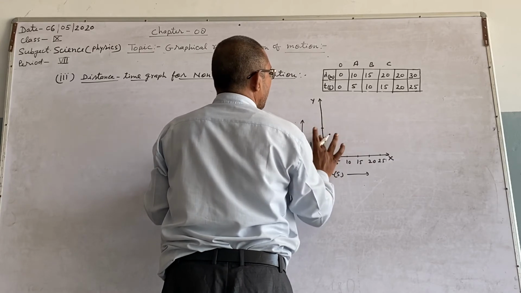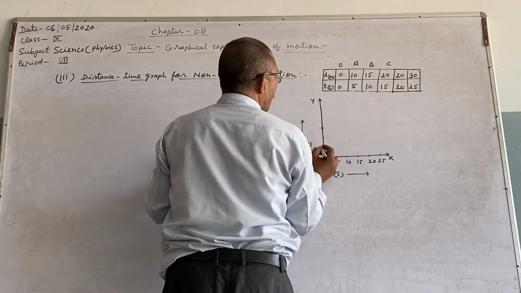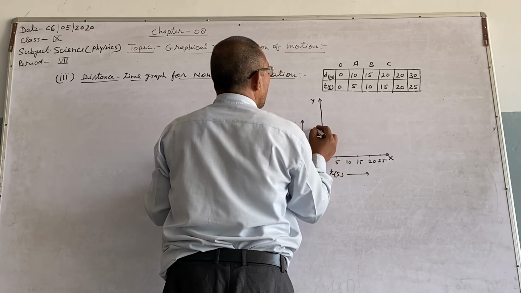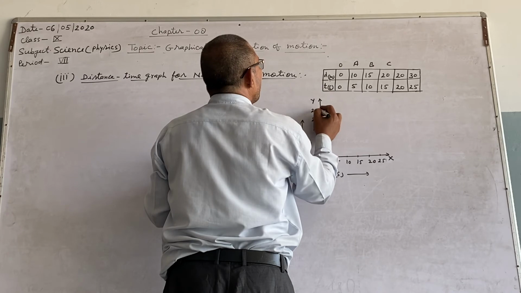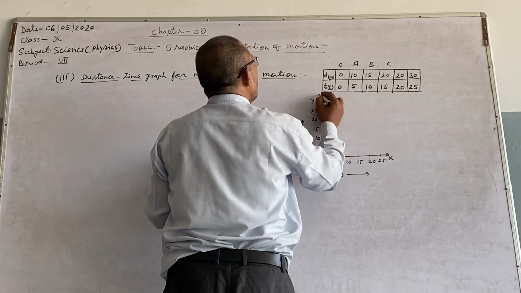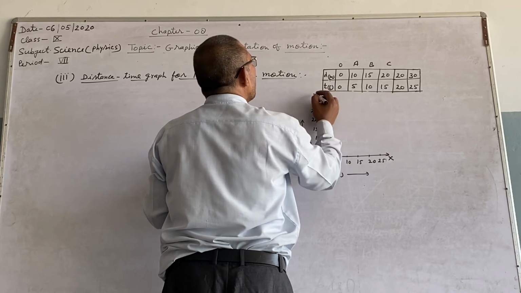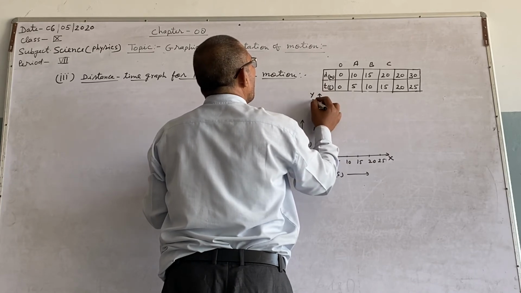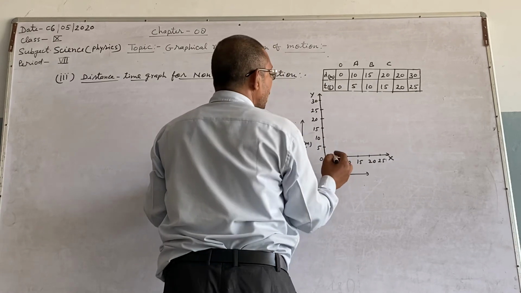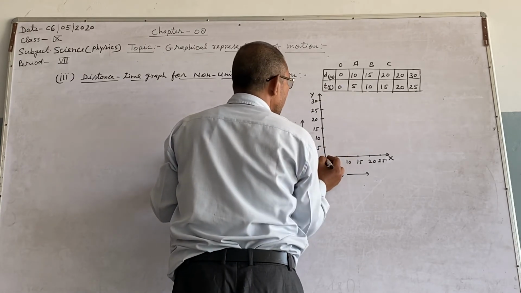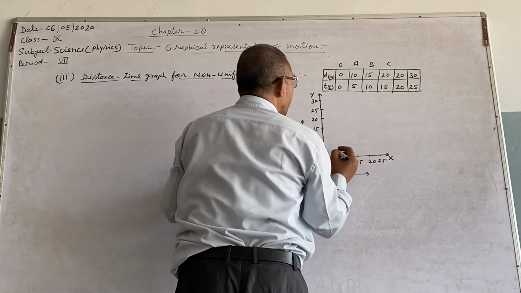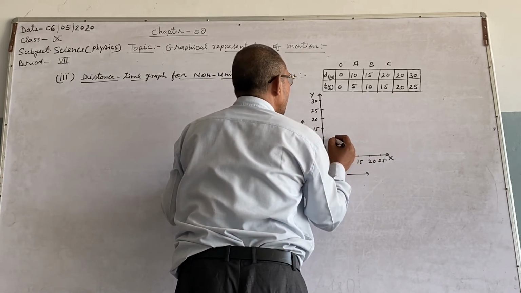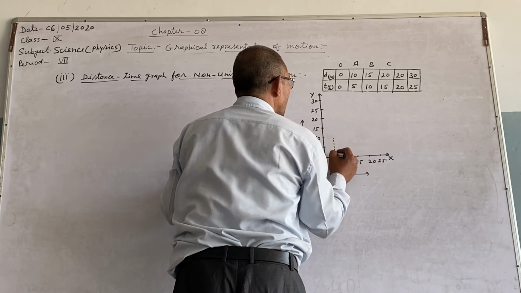You may write here 5, 10, 15, 20, 25 and 30. So see here at time t0, here this point you see distance covered is 0. After 5 seconds distance covered is this one,